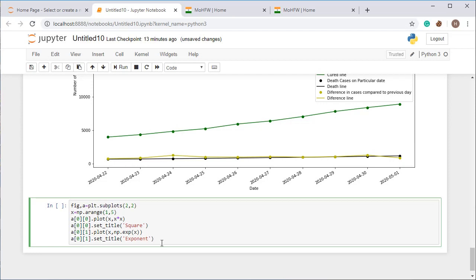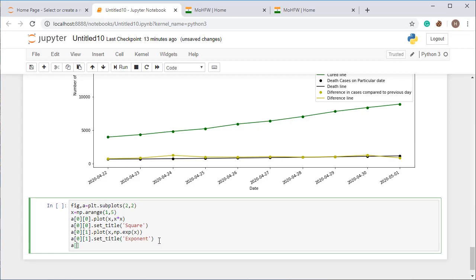All right, now I am going to plot a[1,0] as a square root graph. So I am plotting x comma np dot sqrt, which will make the square root of x.